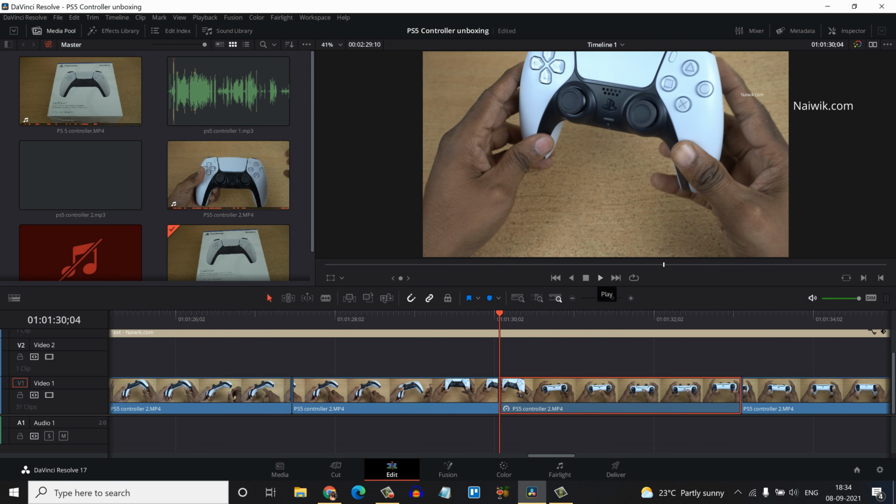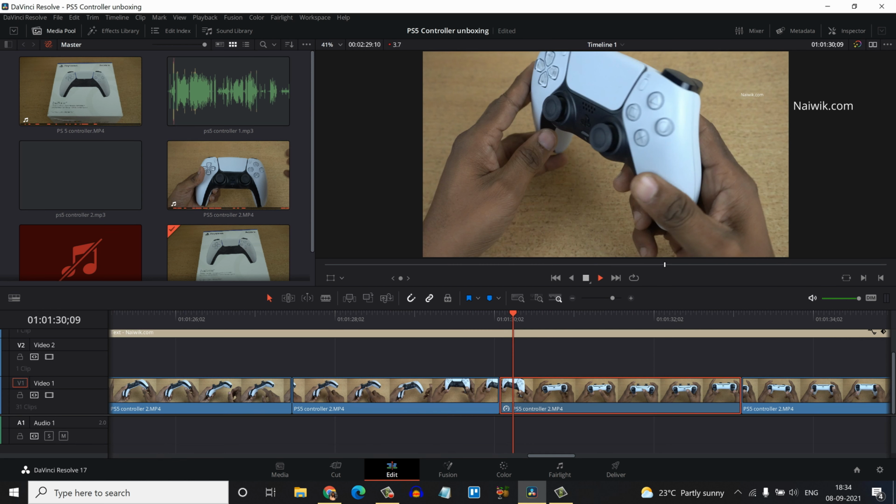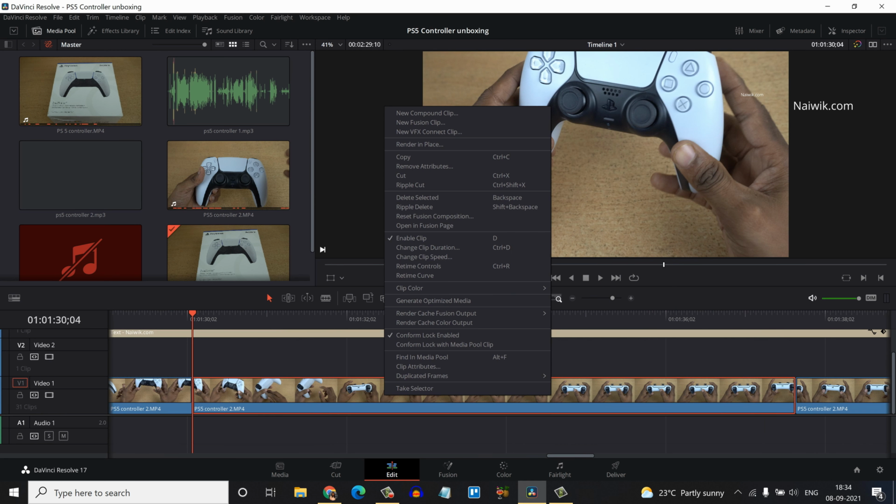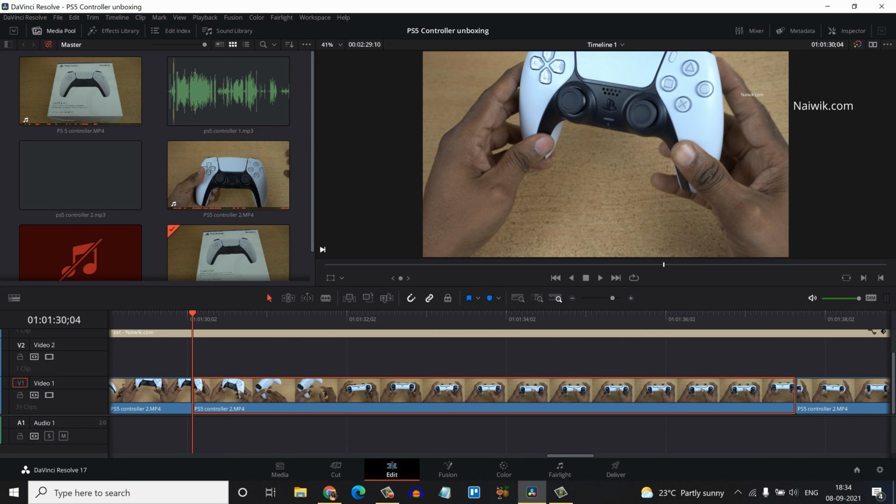Now the clip duration has been reduced. It means that the video clip will play faster. Let's play it. Here you can see that the video clip speed has been increased. Now undo the change to make it a normal clip, and after that to make this clip into slow motion